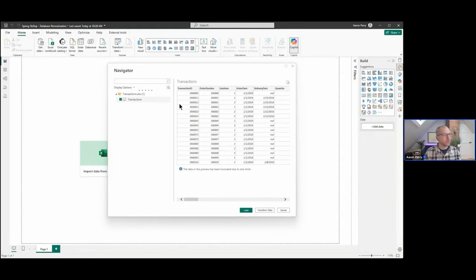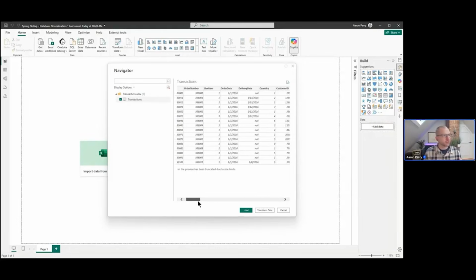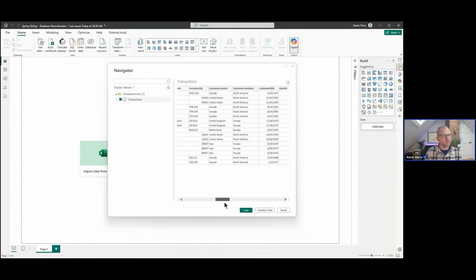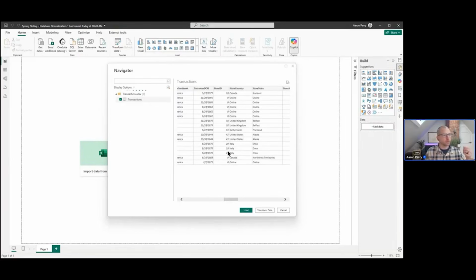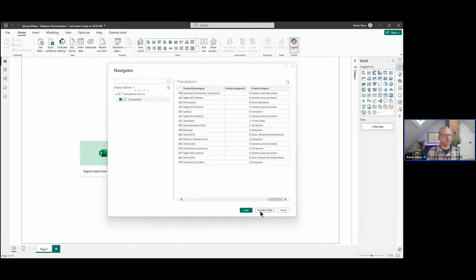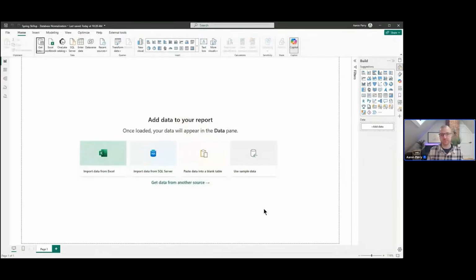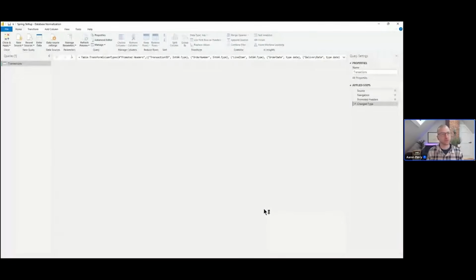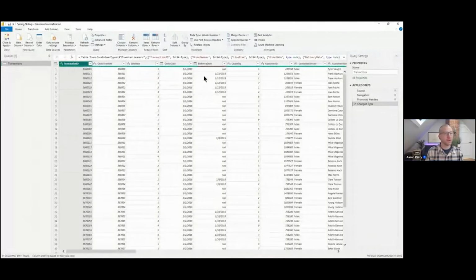to make sure that we can touch on each of these topics in a meaningful way. If we look at the columns, we start off with the transaction related data. We have some customer data starting with customer ID. Keep scrolling over with store ID and some store related data. We've got product ID and product related data. So let's click transform data. This is going to bring us into the back end of Power BI and to Power Query,